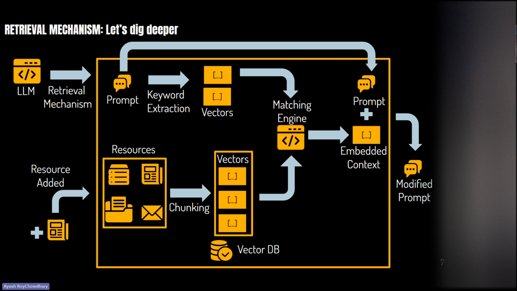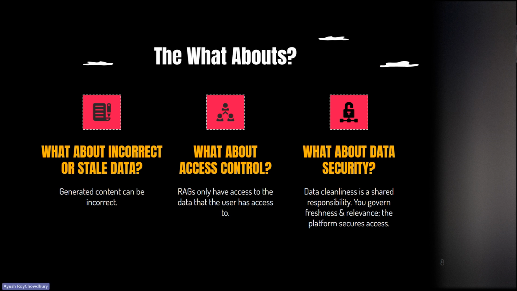So now that we have an understanding of how this retrieval augmented generation system works, let's go into the whereabouts. Now, as security folks, or just people that have been working and concerned about the data that you're feeding into these systems, you might be wondering, well, if I am having something ground my data into my prompt without my knowledge, what happens to incorrect or stale data?